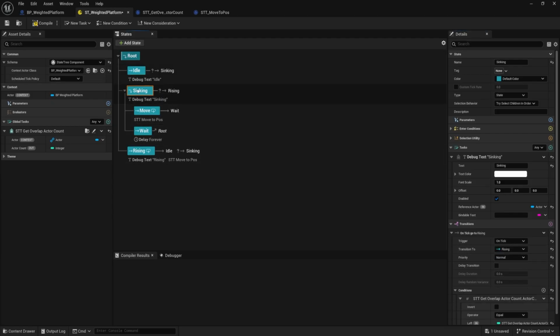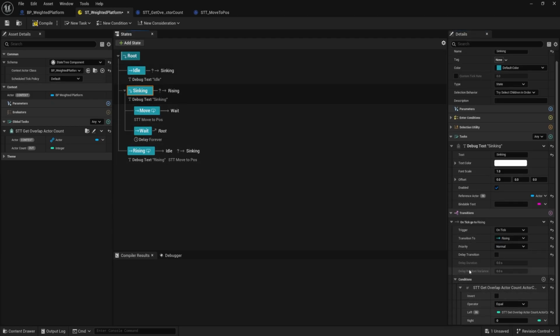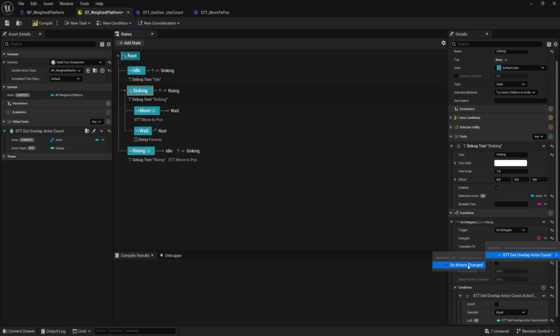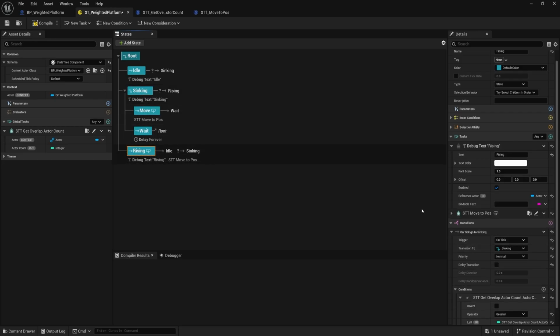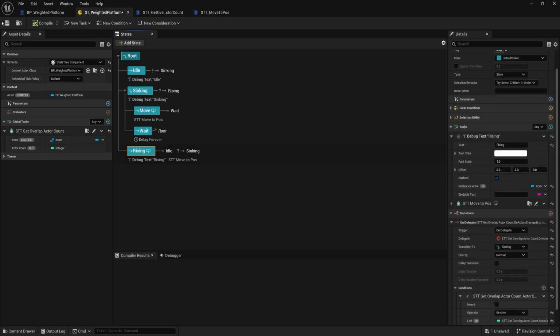So I'm going to set this same thing up for syncing. I'm not changing the condition. I'm just changing the trigger to OnDelegate and then change to OnActorsChanged. Okay, so that's our trigger. Everything else is the same, our transition to and our condition. Same thing for rising. So go to rising, change OnTick to OnDelegate, assign the delegate to OnActorsChanged, compile, save,